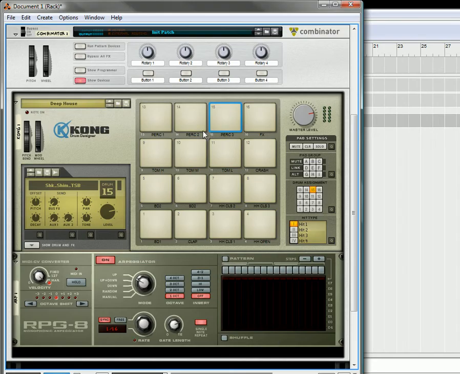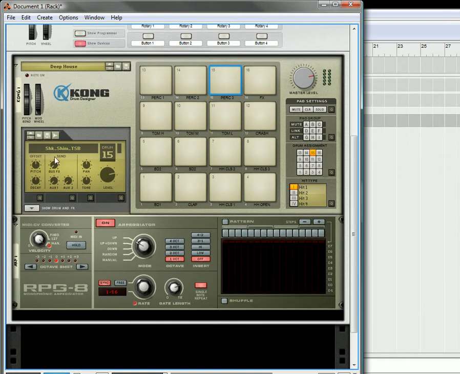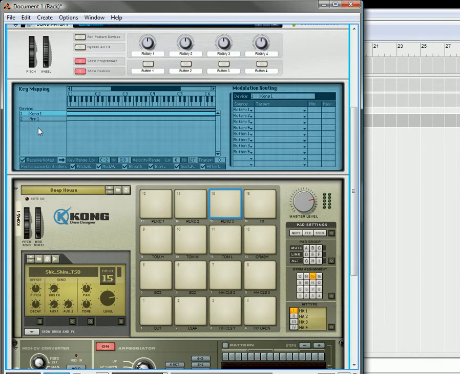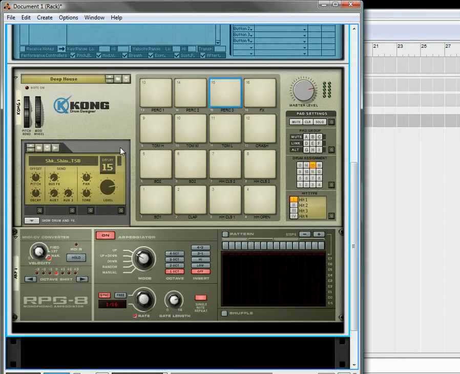We can go back to our main rack here, and we can open up the programmer. What we don't want to do is duplicate the notes, because right now the Kong is receiving notes and the ARP is receiving notes. We just want to have the ARP receive the notes. So go into Kong, select it, and uncheck the receive notes area. Now what's going to happen if you loop everything and start playing it,